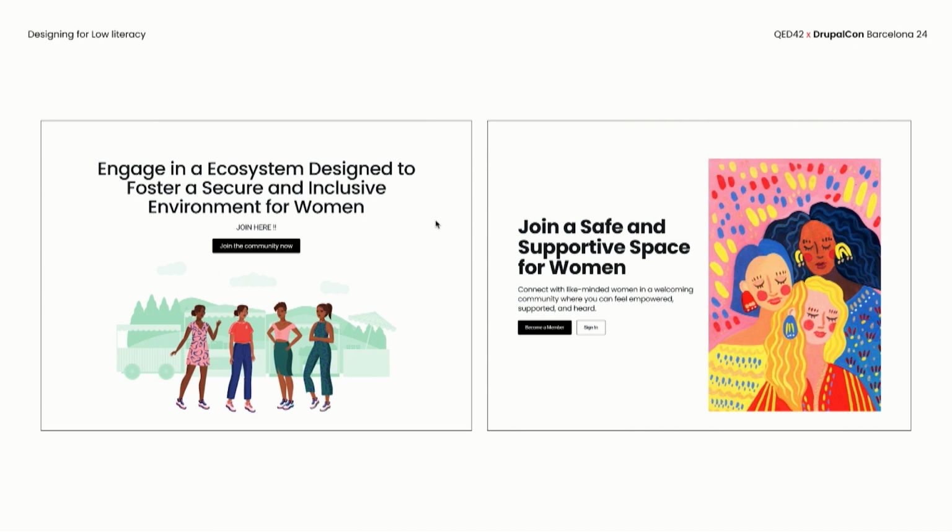It's a very big line, we get it, okay, it's an environment, it's for women because women are standing in the illustration, and that's it. But in the second, there's a visual that is warmer, making users feel warmer toward the header, and they can see that it says join a safe supportive space for women. So it's pretty simple how we can put the content simply and use a visual that gives warmth and emotional connection to the users.